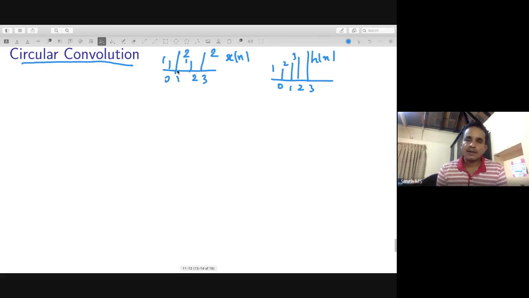Now, what can you tell about the spectrum of this signal x of n? x of n is discrete. So definitely the frequency domain representation will be periodic. So let us assume that your X of e raised to j omega, which is the discrete time Fourier transform, which is the frequency domain representation of this discrete signal, let that be X.